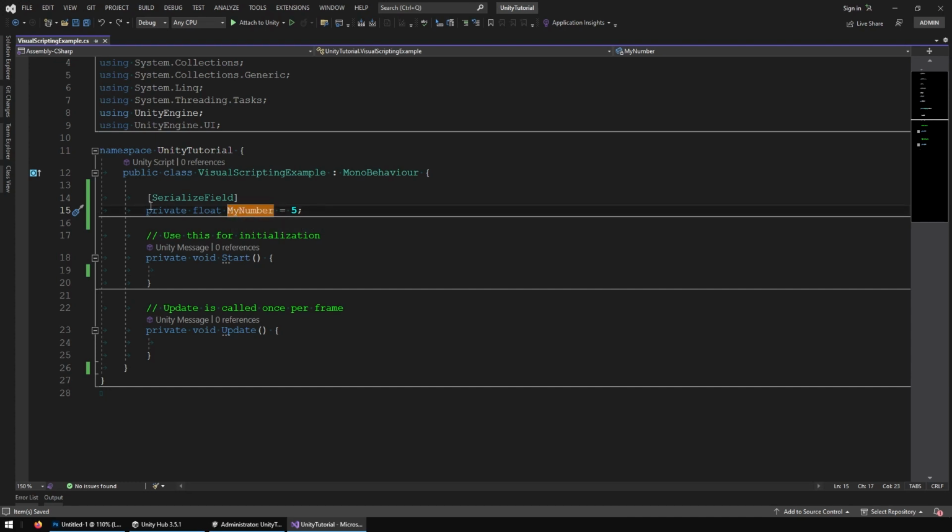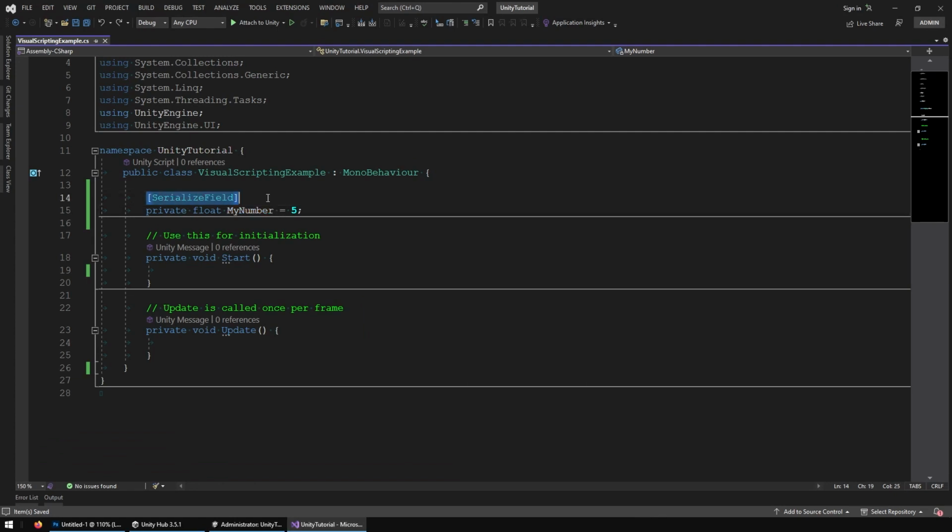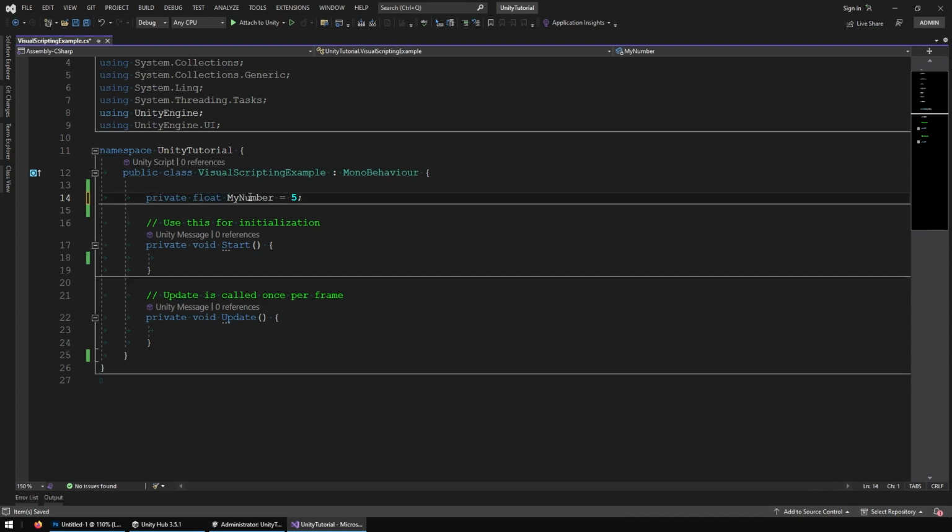Now, the whole thing with private and public and so on, I should say it doesn't matter as much in visual scripting as it does in C#. For the most part, you can make most of your variables object variables. So if you see a variable that looks like that, it can be an object variable. If you see something that looks like that, it can also be an object variable. If you want to make it a little bit more exact, then maybe it should be